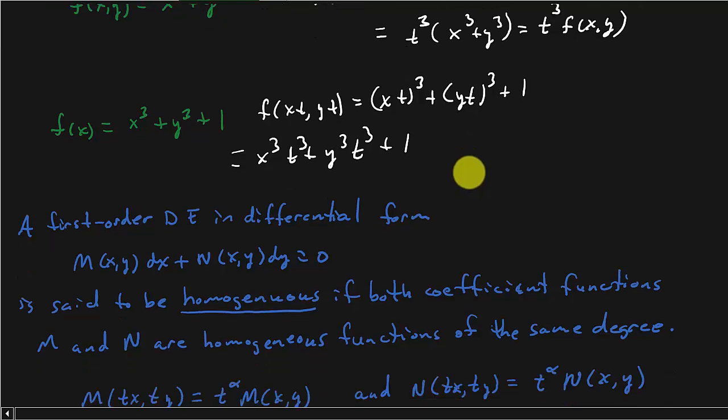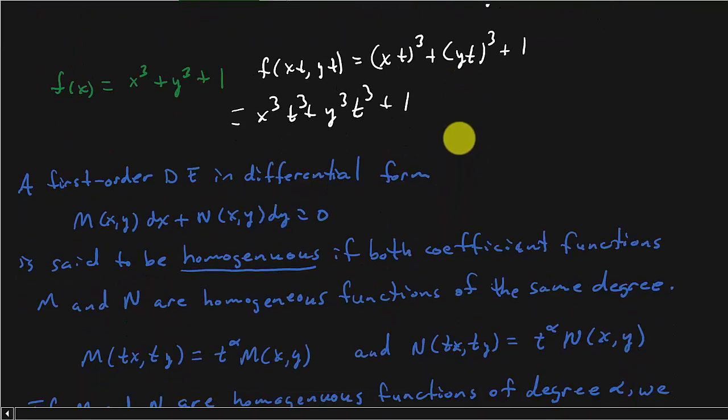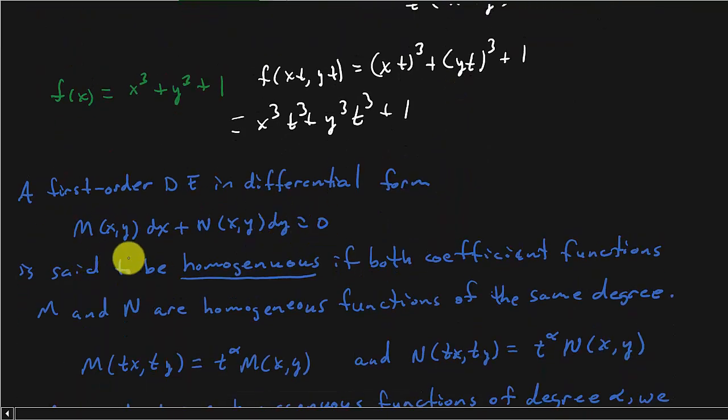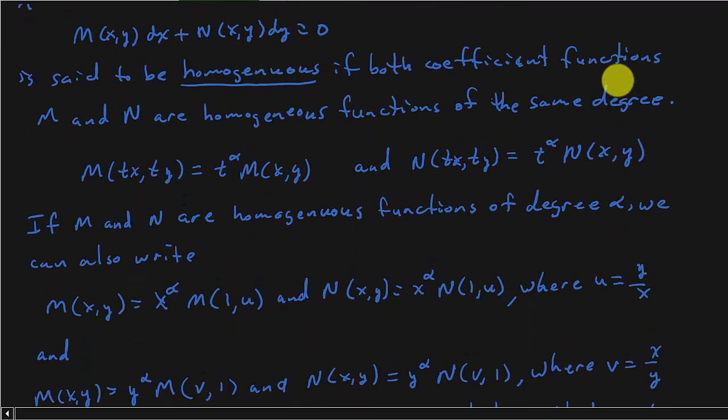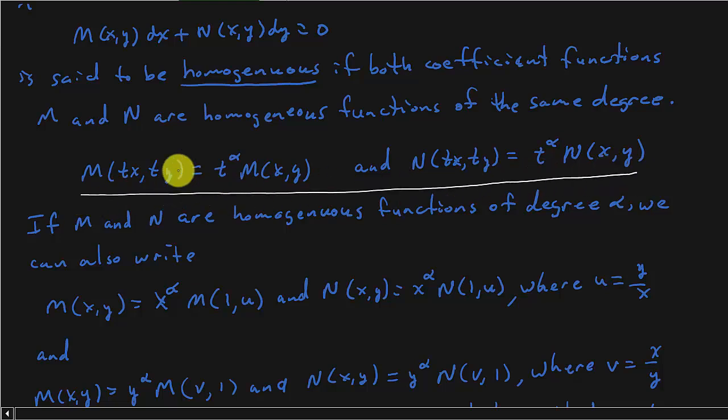So if you have a differential equation in this form, and both are homogeneous functions of the same degree, they're both t to the alpha, and of course alpha is the same,